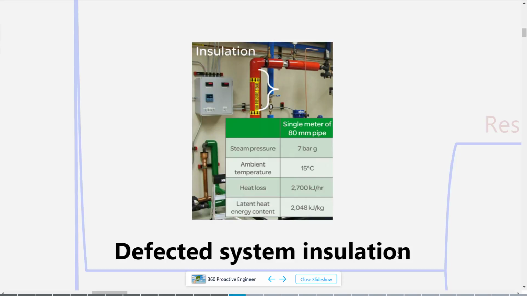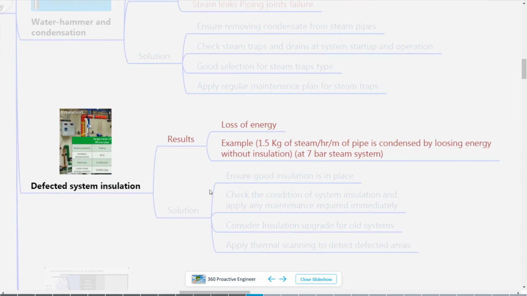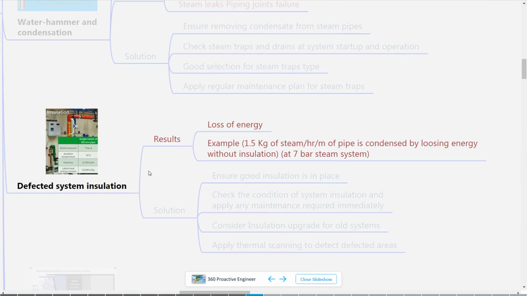The next problem will be defective steam system insulation. If we have defective insulation in place, this will result in loss of energy. Just to give you an example, we may lose 1.5 kilograms of steam per hour per meter of pipe. As we said, this steam could be condensed, losing energy without insulation. This is applicable, for example, to a steam system at 7 bar